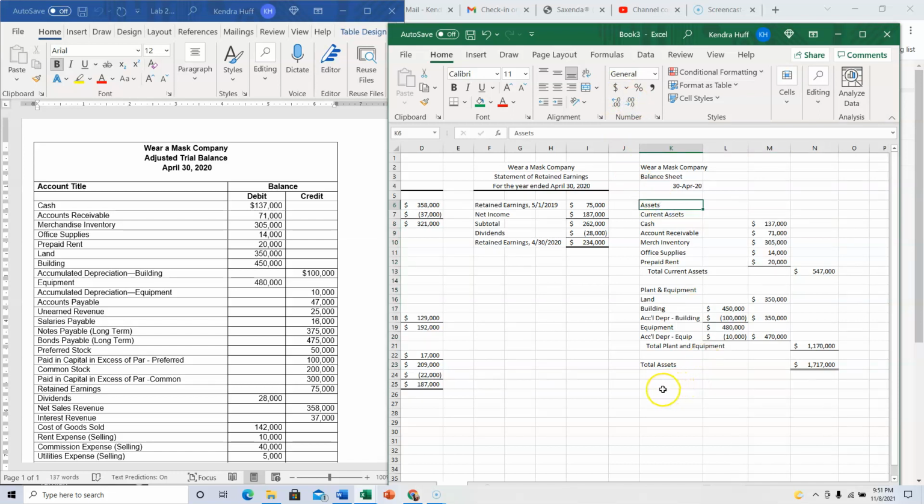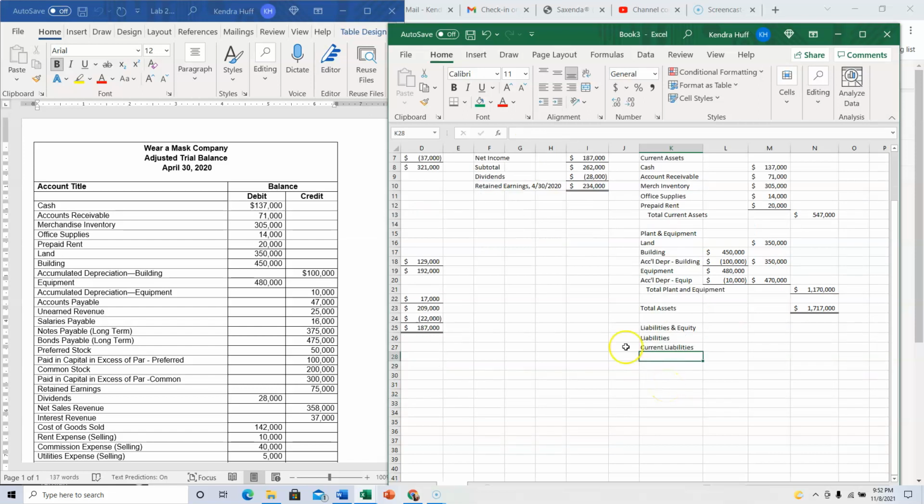Okay. Then we're going to have liabilities and equity. All right, liabilities are first, and current liabilities. So our current liabilities are accounts payable,